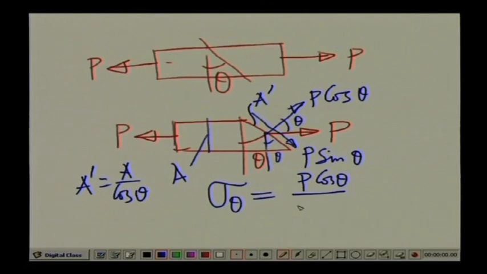So, P cos theta by A by cos theta. So, this leads to P by A cos square theta,